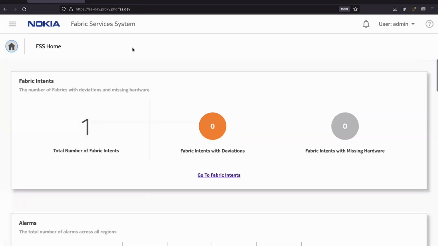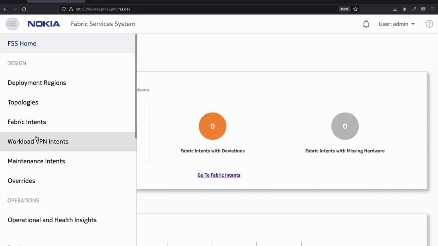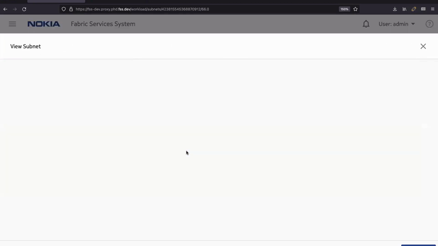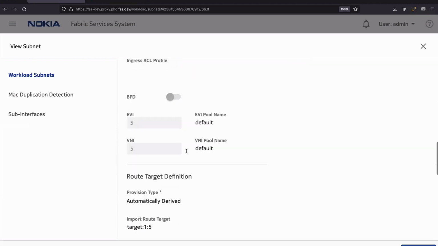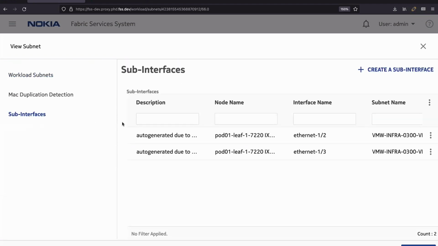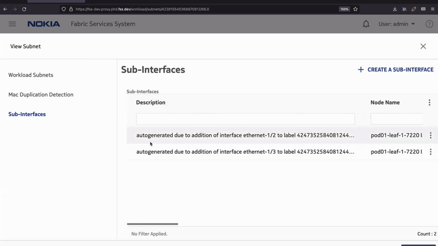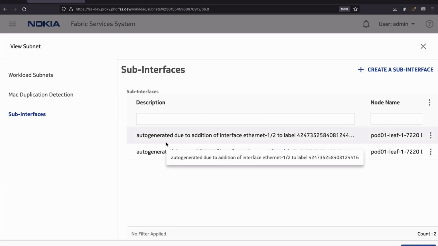And then if you go to the workload intent itself, and you check where we're talking about the networks, and I go into just one of the networks, it really doesn't matter which, you'll see that if we're looking at the sub interfaces, there's already a bunch created, or 2 in this case, which have been auto-generated from that label. So we did not add specific Ethernet ports into the subnet as sub interfaces. We just said everything that's labeled with this label needs to be a sub interface, with a specific VLAN in this case as well, so VLAN ID 300.